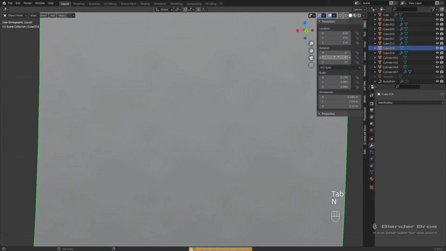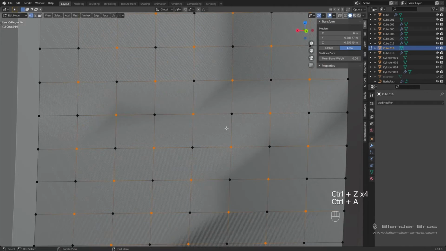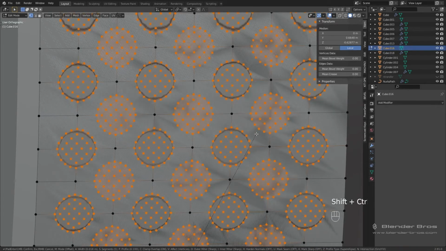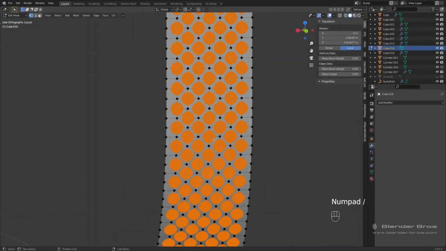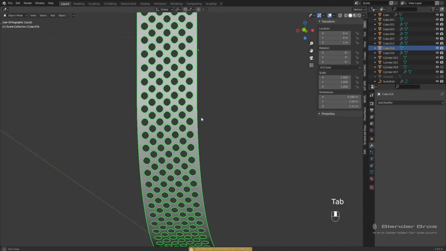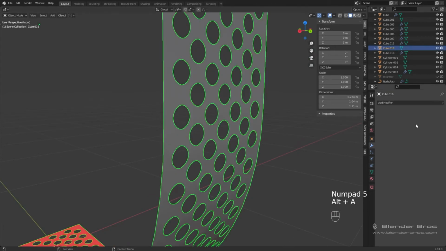Another reason it might have this problem is because the scale's not applied, so maybe what we'll do is undo that and then apply the scale, and then maybe it'll work even better. There we go. Now we have perfect circles. So what we're going to do is X and then delete those faces there. There we go. And all I want to do at this point is add a solidify modifier, so